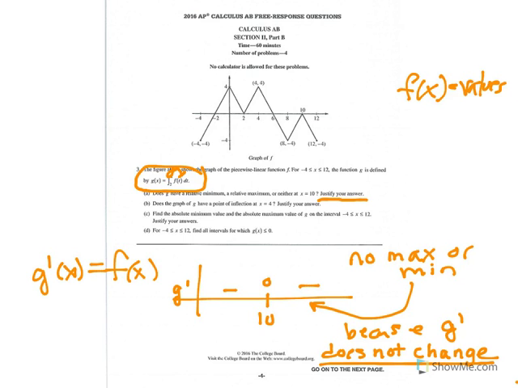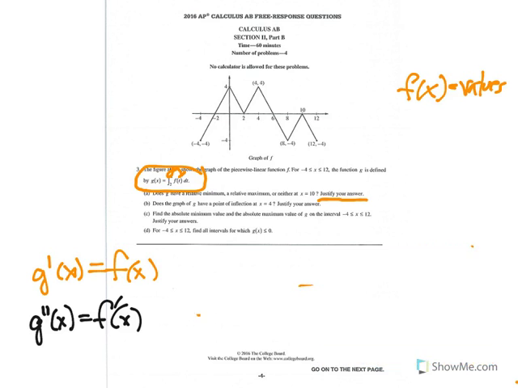Okay, so it says, does the graph of G have a point of inflection at x equals 4? So points of inflection for G would involve G double prime of x, which is equal to f prime of x. So G double prime will be the derivative of f. So let's make a table of values for G double prime. So G double prime would be the slopes, and we're looking at x equals 4. So when x equals 4, the slope is undefined. The slope before is positive. The slope after is negative. Therefore, yes,